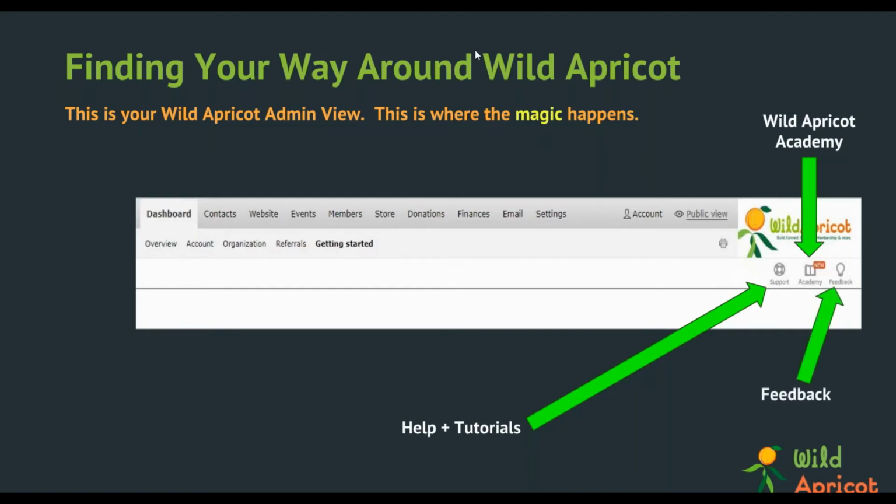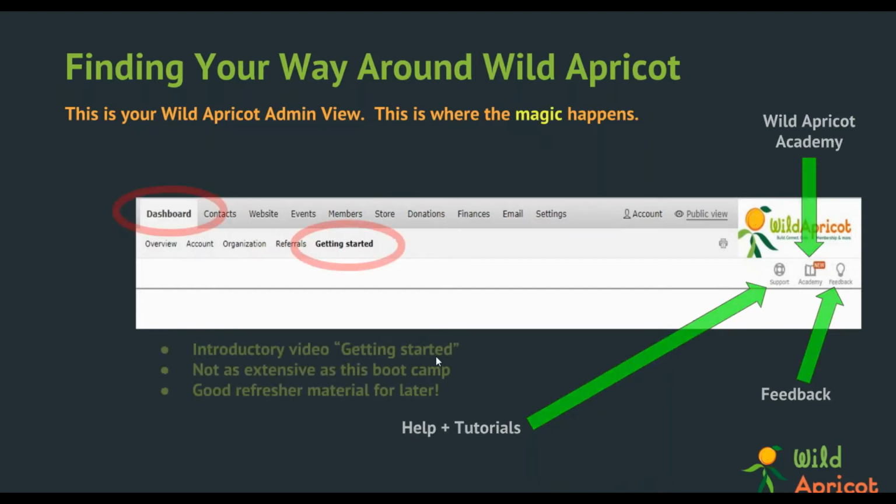And then lastly, there's the feedback button. This is because we like to hear from you, and we really develop the software based on what people are asking for. So anytime you have an idea, thoughts, concerns, comments, please do use the feedback button. We really put it there on purpose. We want to hear back from you quick.